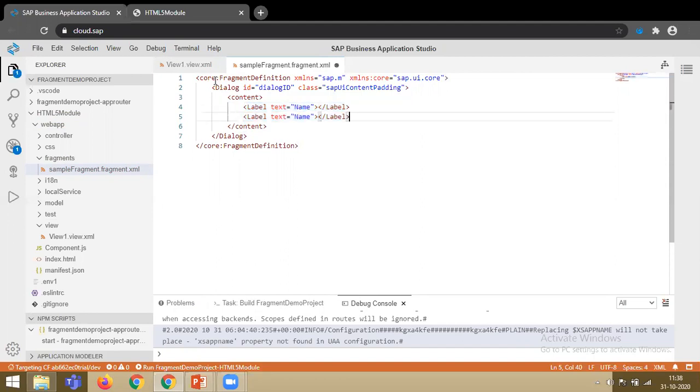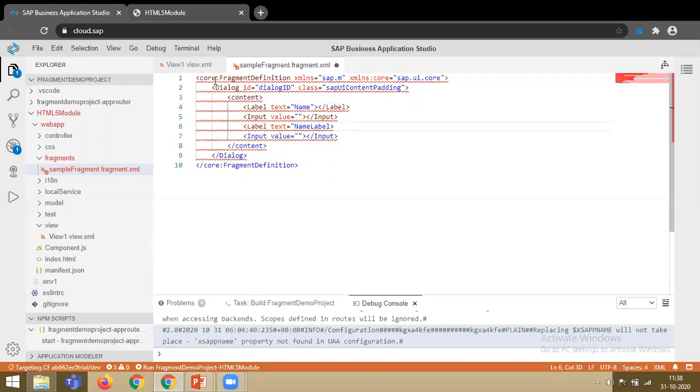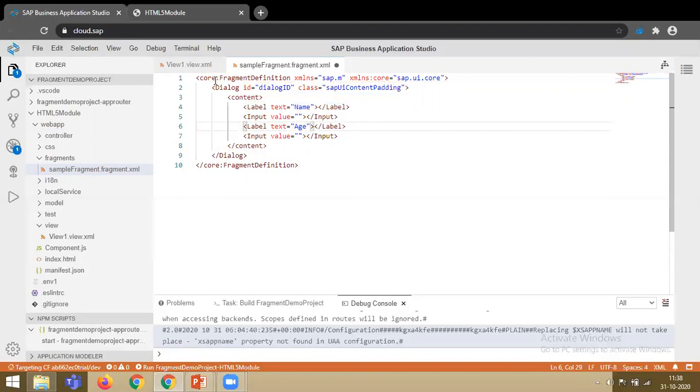I'll just copy this, with the value as null. I'll copy the input also, because I need one input for the name and age. So now my name and age are declared.